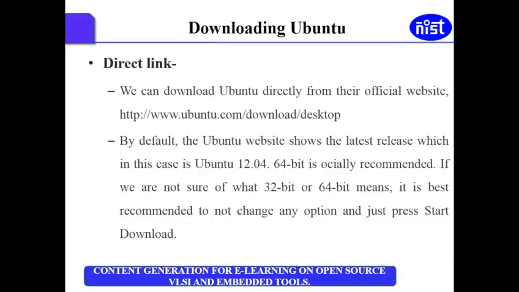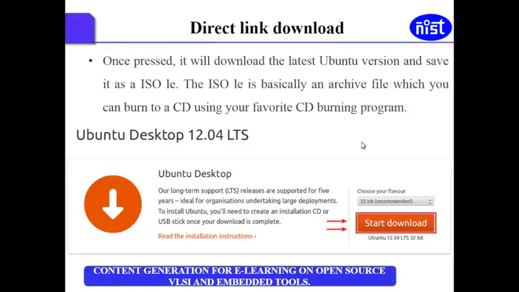In the process of direct download, we can download Ubuntu directly from the official website, www.ubuntu.com/download/desktop. By default, the Ubuntu website shows the latest release of Ubuntu. It also has two options, that is, we can either download it in 32-bit or in 64-bit. In the process of direct link download, we download the ISO file actually.